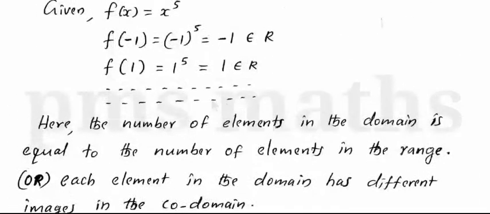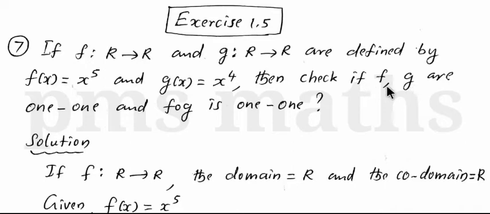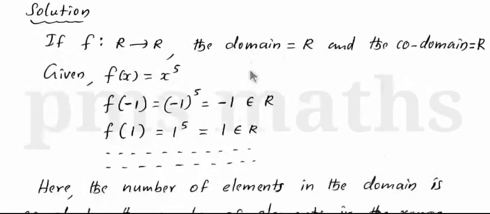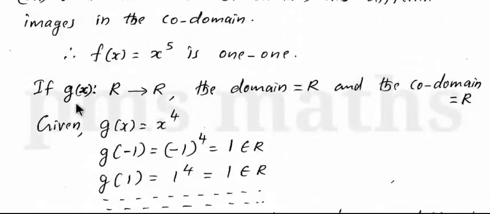First one is over here. Then second, here we got f is 1-1 function. Then find out g. Take g. Here g mapping R to R is given. Therefore, from this mapping we can write the domain is equal to this R, first set. Then codomain is second R. This is codomain, set of all real numbers.